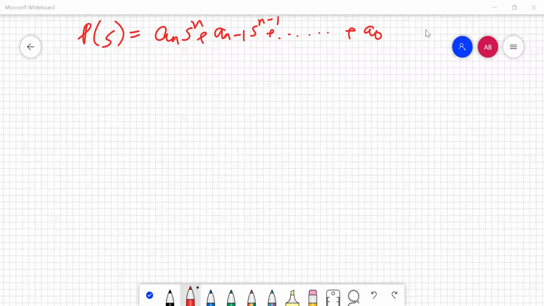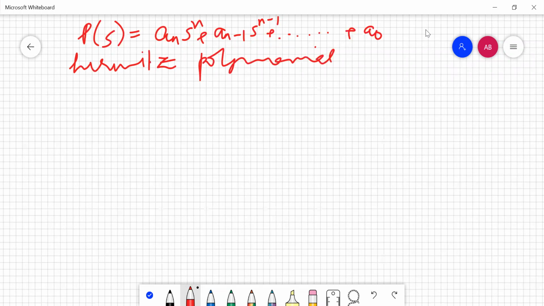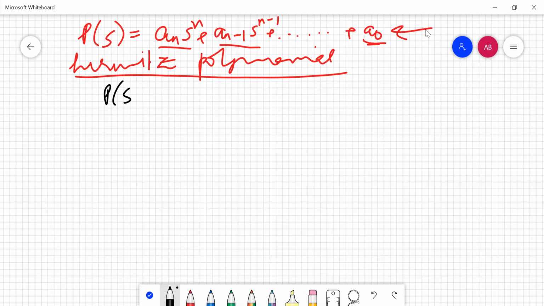So now we are going to discuss the properties of Hurwitz polynomial. So let's write here that we are now going to discuss the properties of Hurwitz polynomial. I have taken a general polynomial given as a_n S^n plus a_(n-1) S^(n-1), and the power of S is decreasing and the last term is a constant term a_0. So you can take an example of this polynomial as, let's say, 2s^3 plus 3s^2 plus 5s plus 4. You will understand the properties easily using this numerical polynomial.